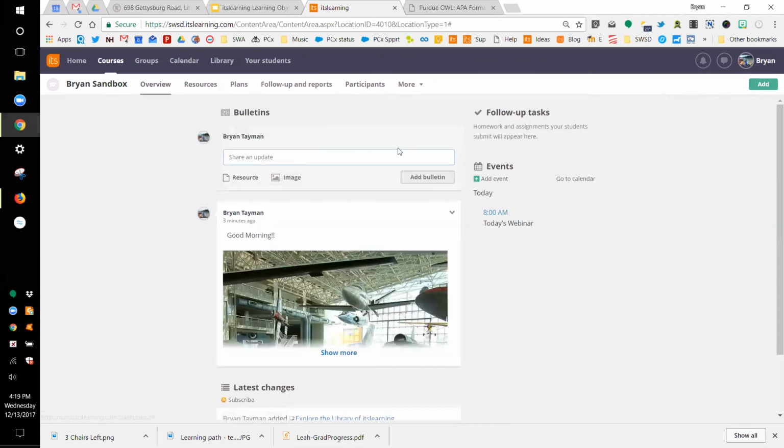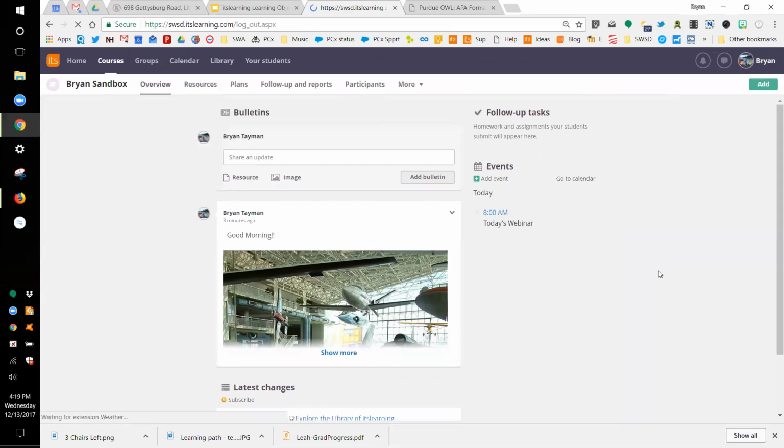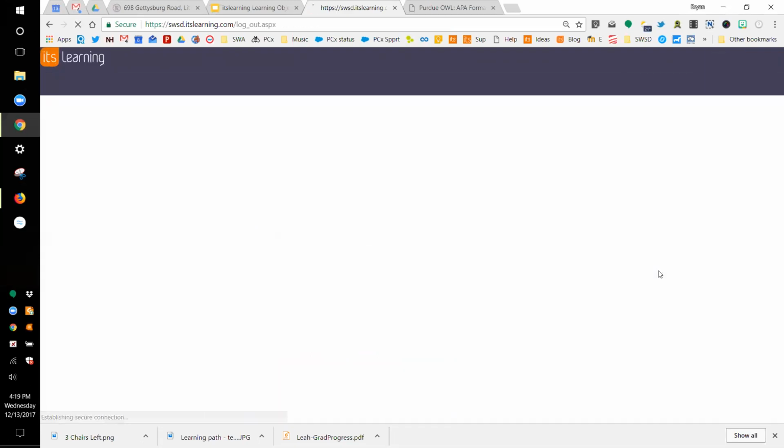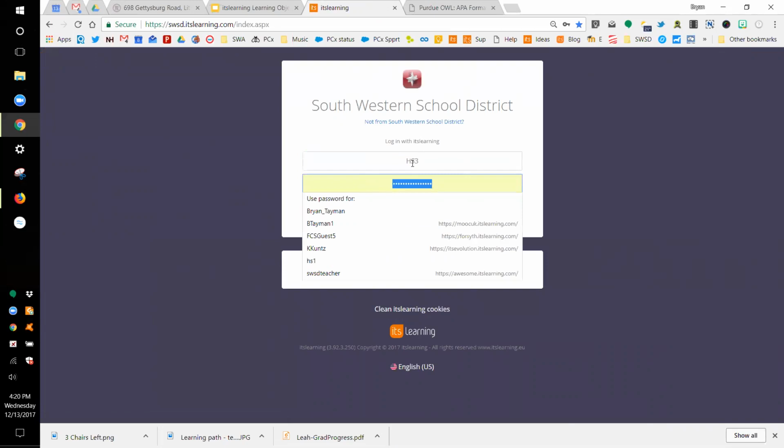So what that does is if I want to log in as HS3, I can actually see what the students can see. Okay? All right, so that's exactly what I'm going to do. I'm going to go sign out. And I want to show you kind of like from your point of view, HS3, and then the password for the sample accounts. It's always